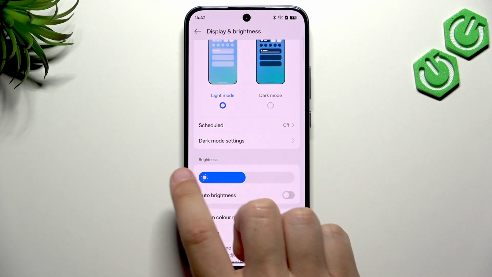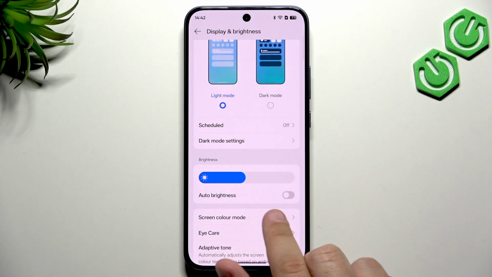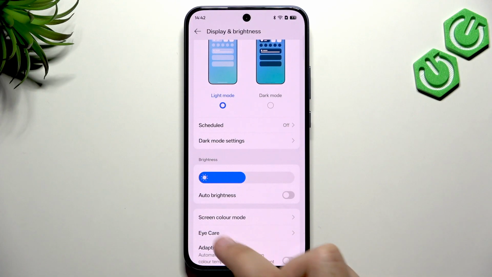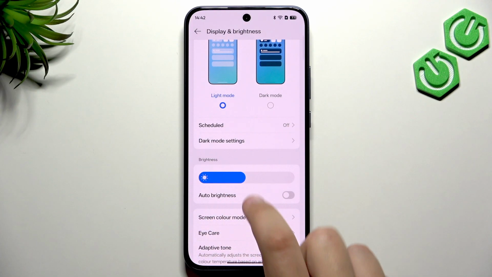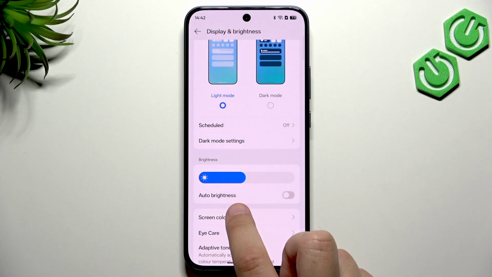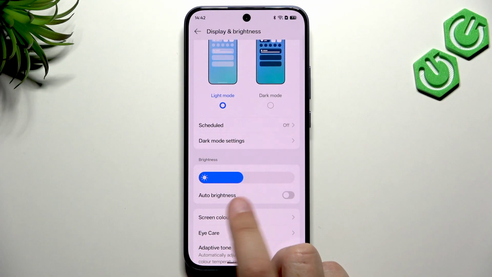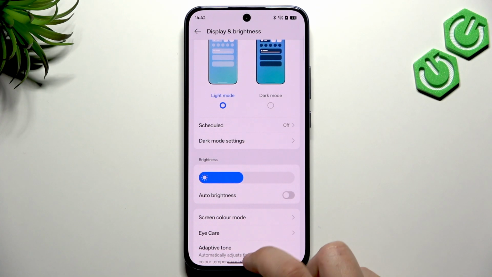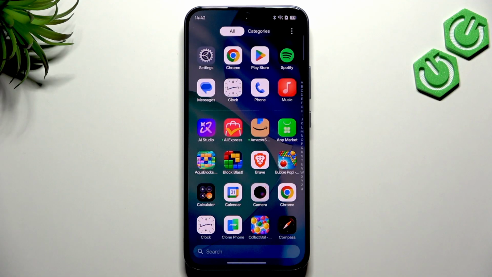And here we got the brightness slider and an option to enable auto brightness. So make sure to disable auto brightness here because we want to adjust it manually. And what we are going to do is either lower it or make it a bit higher. Of course, I'll keep it right here. And now, after doing these two things, we're going to download the